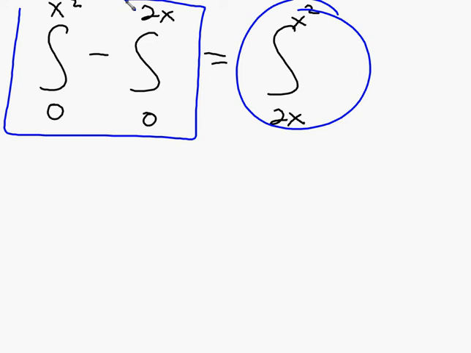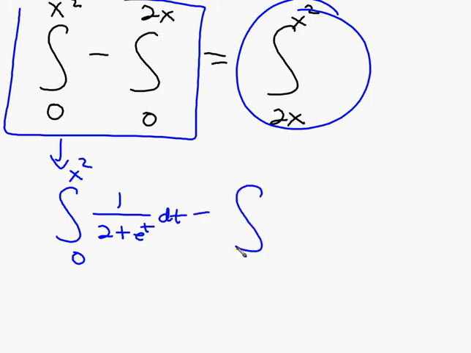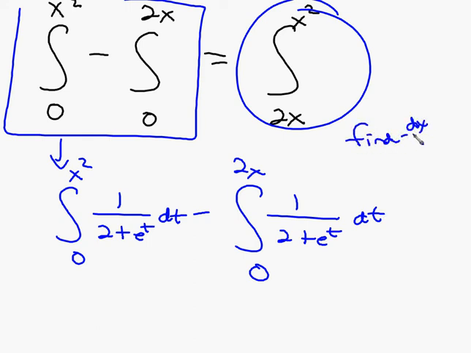I can put in my function and make this the integral from 0 to x squared of 1 over 2 plus e to the t dt minus the integral from 0 to 2x of 1 over 2 plus e to the t dt. All right? And remember, our whole point was to find dy/dx. Well, we did all of that just to rewrite y. So now I can find dy/dx